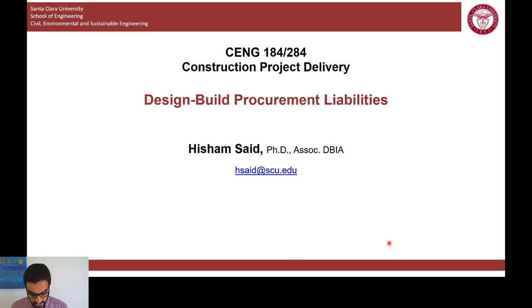So that's the end of the procurement issues and liability issues with design build procurement. We'll cover contracting liabilities with design build in the last part. So until then,